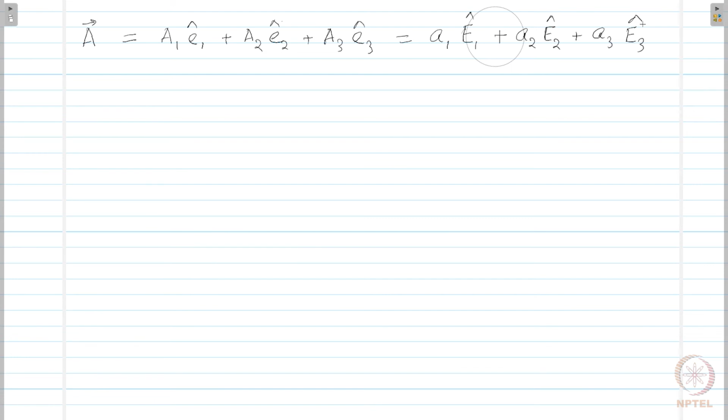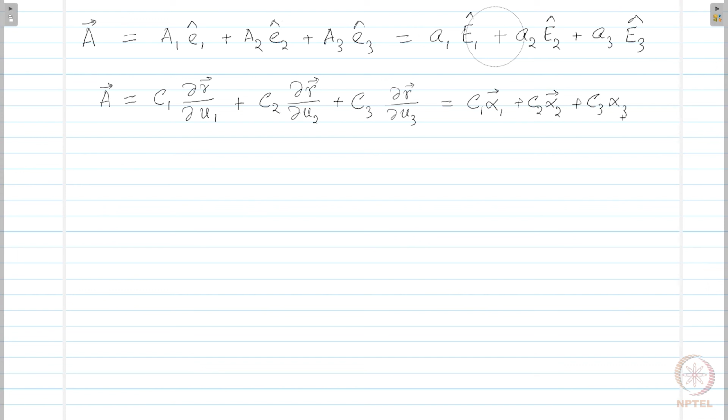In other words, we can represent A, in the first notation here, as C1 del r del u1 plus C2 del r del u2 plus C3 del r del u3, that is C1 alpha 1 vector plus C2 alpha 2 vector plus C3 alpha 3 vector. And so this is this notation here,